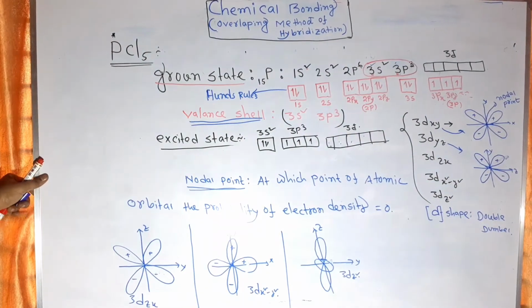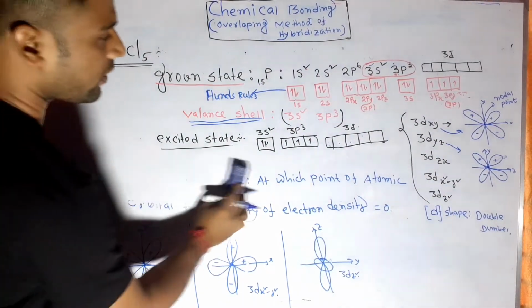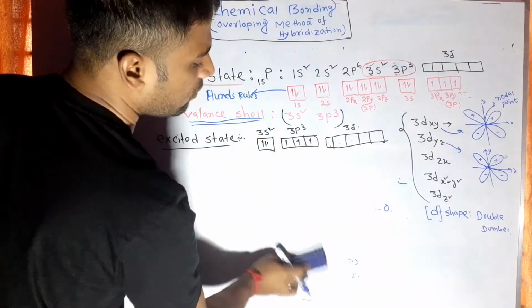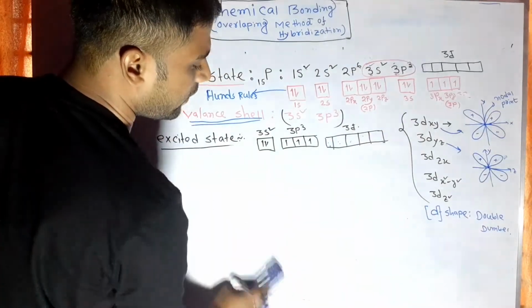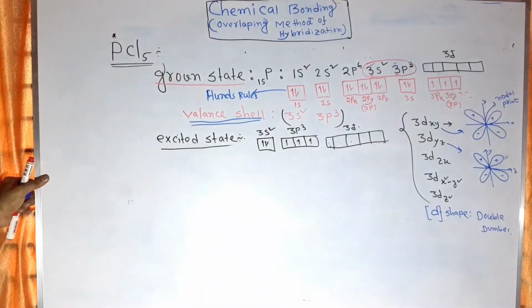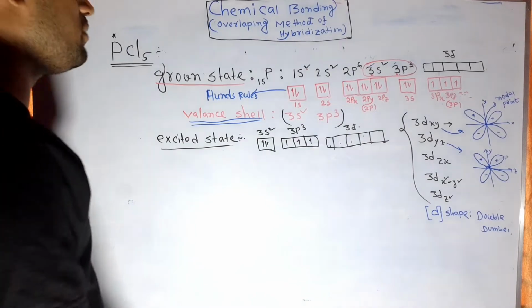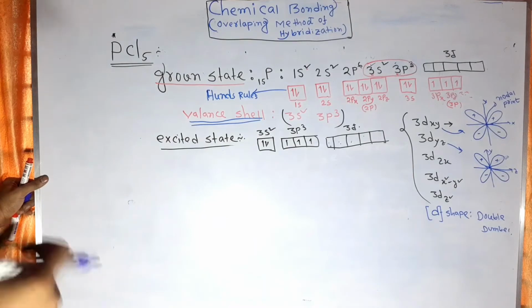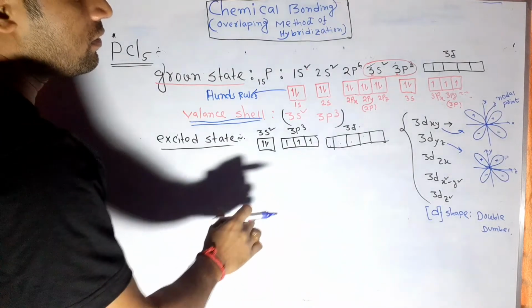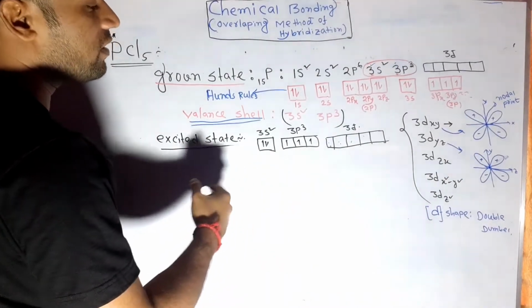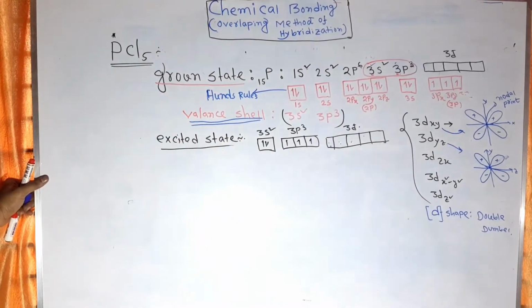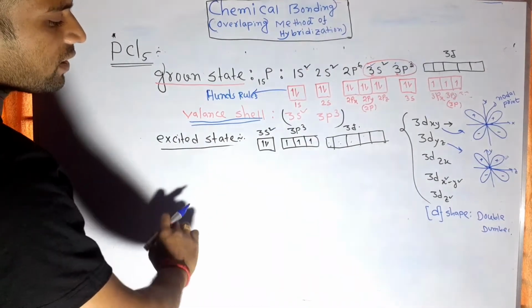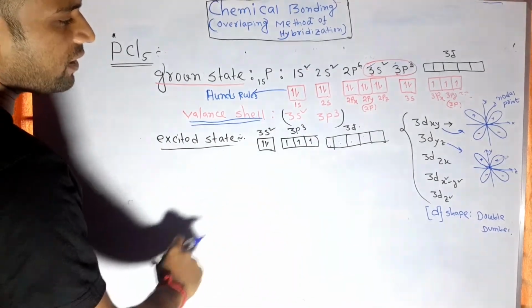Next point, in the excited state, that means when photon particles fall on the metal surface, then electrons jump from the metal surface, but it is not easy for an electron to jump from the metal surface. This is the photoelectric effect phenomenon. The incident wavelength, threshold wavelength and threshold frequency are dependent quantities for releasing electrons from the metal surface. So in the excited state, when photon particles fall on the metal surface,